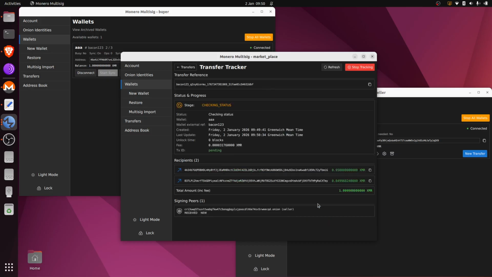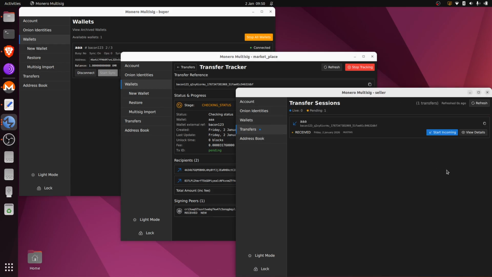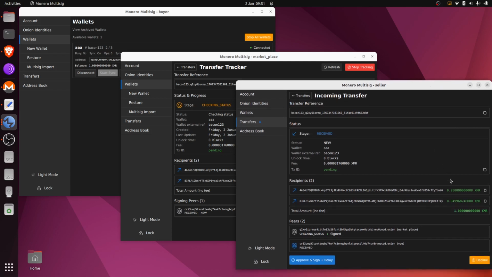And now what is happening here in the app of the marketplace is basically we get a new transfer tracker where we essentially ping the seller for the status of the transfer that we just submitted. If we go to the app of the seller, we already see here a new transfer being proposed. We can just open it and we can inspect it if we are happy with all the details from the fee, destination amounts, and we can already see who has already signed the transfer. So in this case it was the marketplace, and who's next on the line, that's us. If we are happy, we just approve and broadcast the transfer,